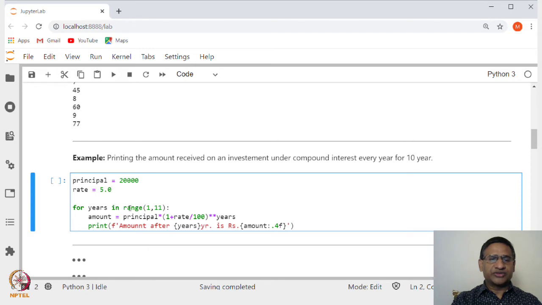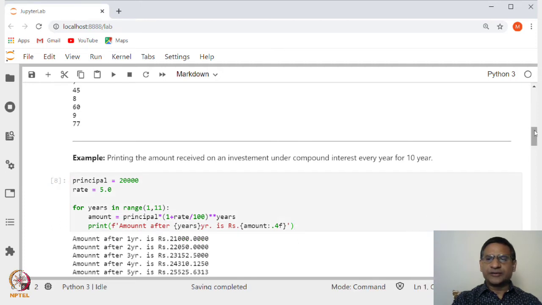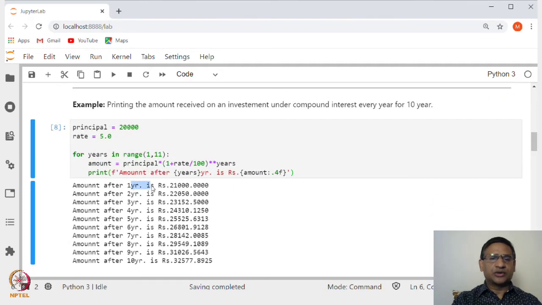So, the year will vary from 1 to 10. To generate 1 to 10 using the range function, we have to say range 1 comma 11 and then colon, and then calculate the amount. This amount is principal into 1 plus rate divided by 100 to the power number of years, and years will take values 1 to 10. Then you just print the amount after so many years using an f-string. If I execute this, you will see that it gives the amount received after 1 year as